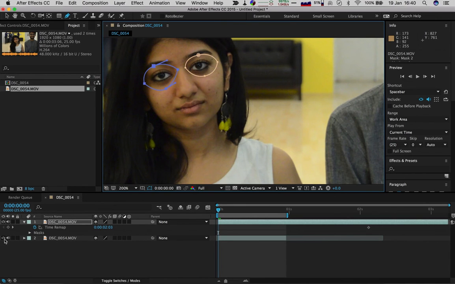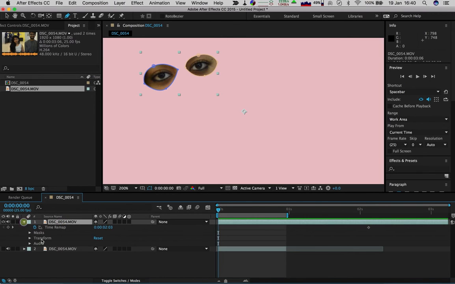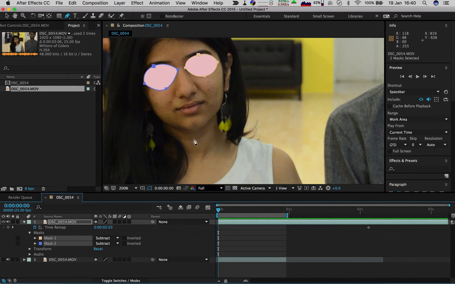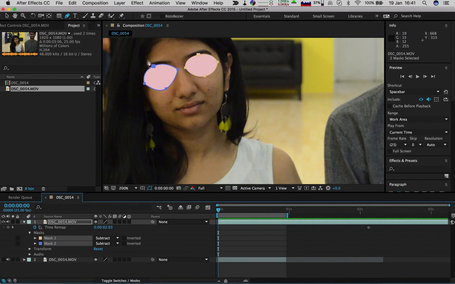Turn off the layer below, and obviously I want to keep what is around, not what is inside. So I open this layer to see the masks, and these two masks, instead of adding, I will subtract. That way my final image will be the still image, and inside will be this animation,